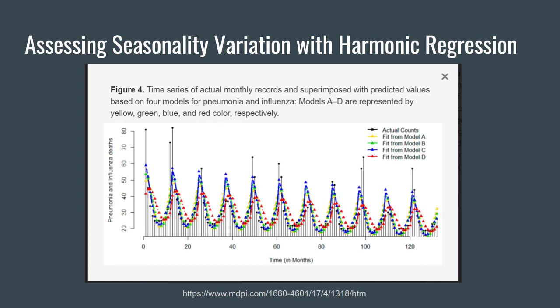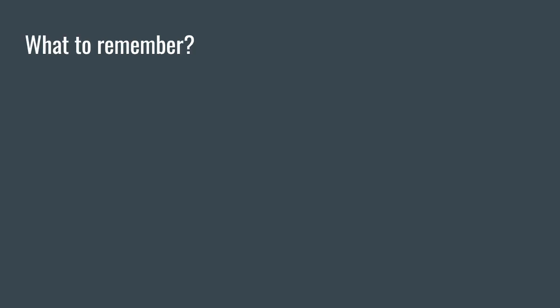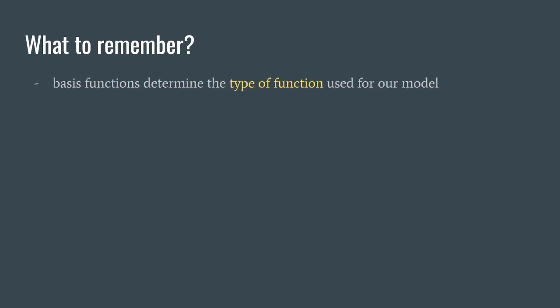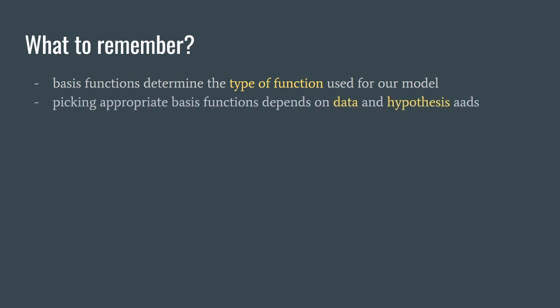So, in conclusion, what should we take from this? Basis functions in general determine the type of function used for our models, so the underlying function. Which type of model to choose depends on the data as well as the hypotheses. How good a model is to fit our data does not only include how well it fits the actual points, but also how complex it is. This can, for example,